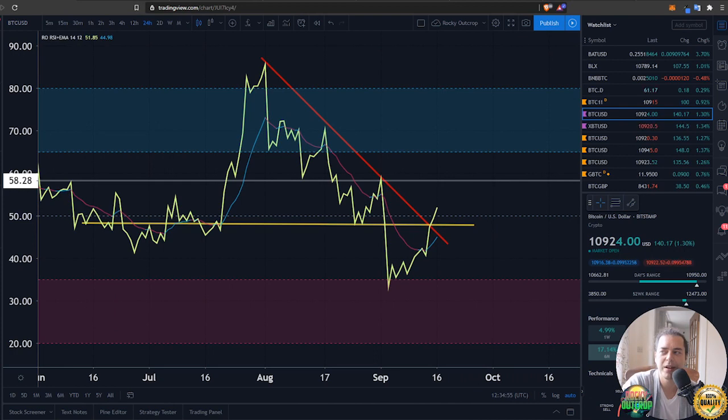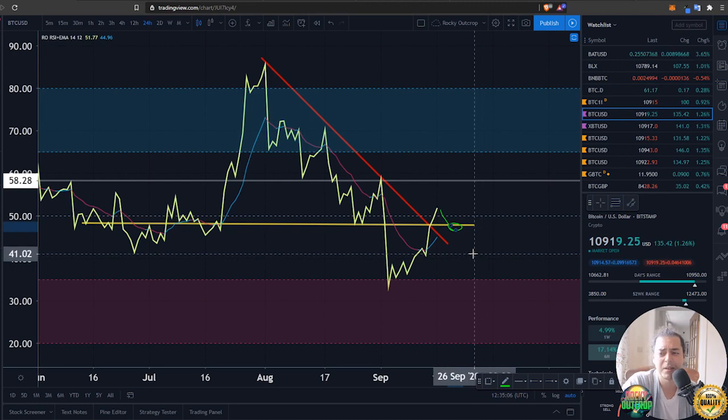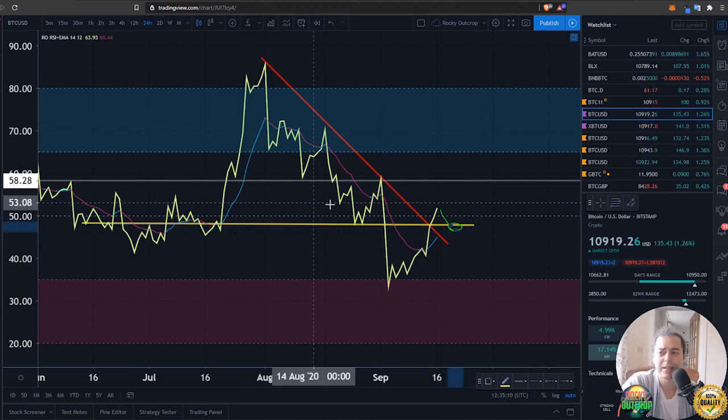Now, if the RSI were to turn around at some point here and come back down and retest this area, we can still remain fairly positive on it. But if it did break down below this swing point here on the RSI, that would be something to look out for, I do think. You could also then say that perhaps this was always just a